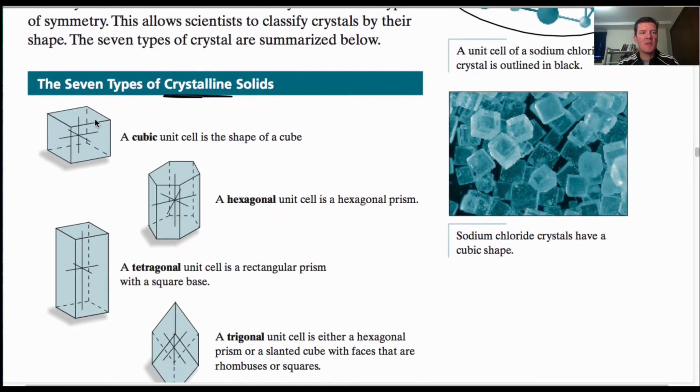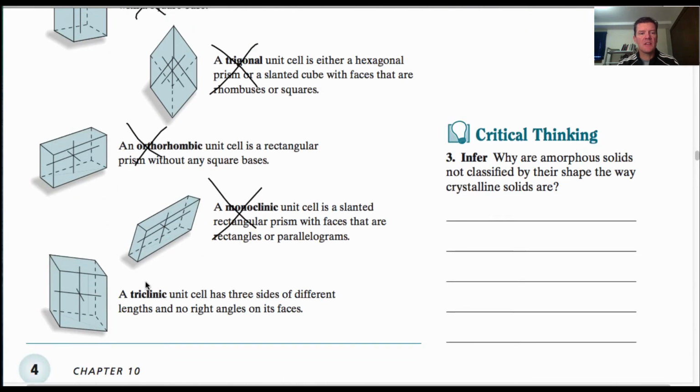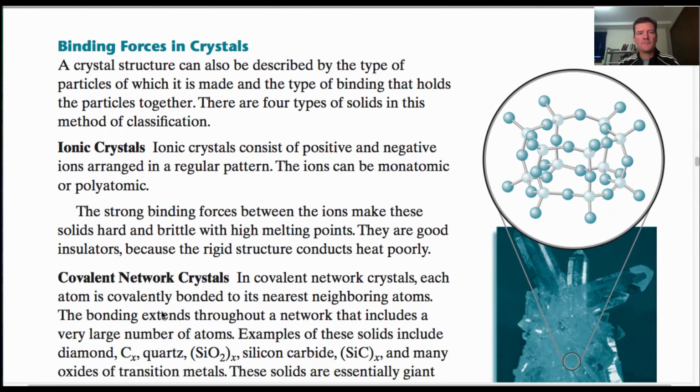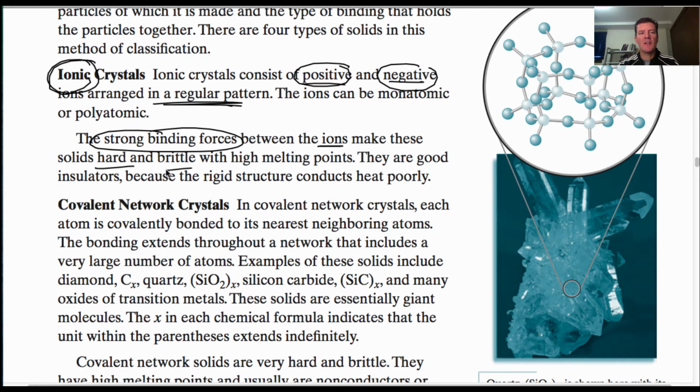I'm not going to ask you about all of these different types of arrangements, possible patterns, okay? So you don't have to worry about those. Okay. And I'm just going to mention this briefly. I'm not going to hold you to too much of this as well. But basically in crystals, we already have talked about ionic bonds. All right? So that would be positive and negative ions that are arranged in a regular pattern. Ionic means you have charged particles. Okay? That is a strong binding force between ions. All right? Those solids are hard and brittle and have a high melting point because the ionic bond is very